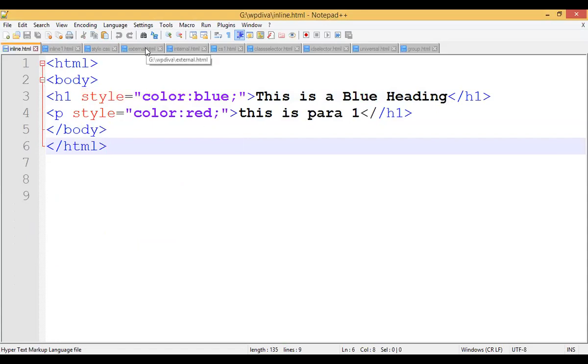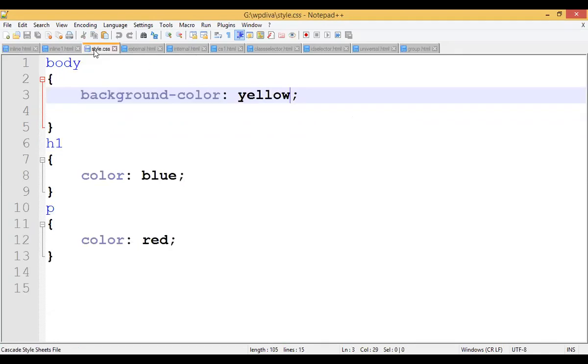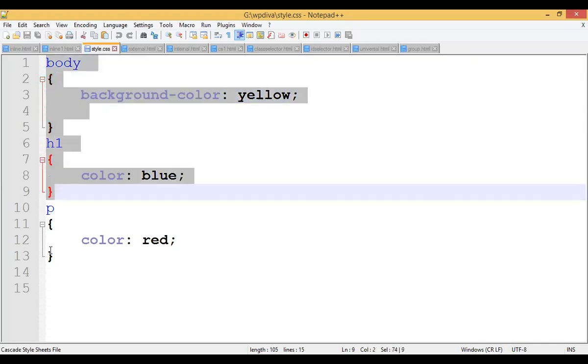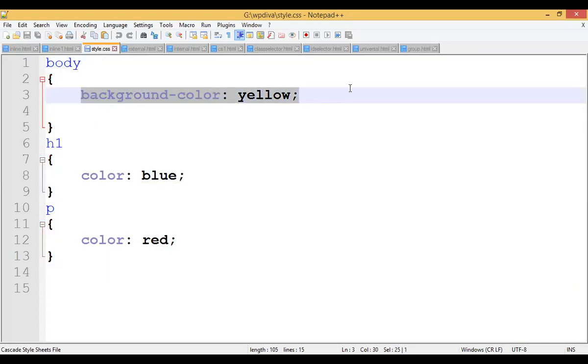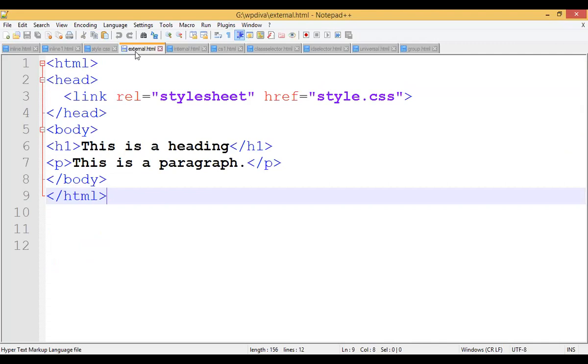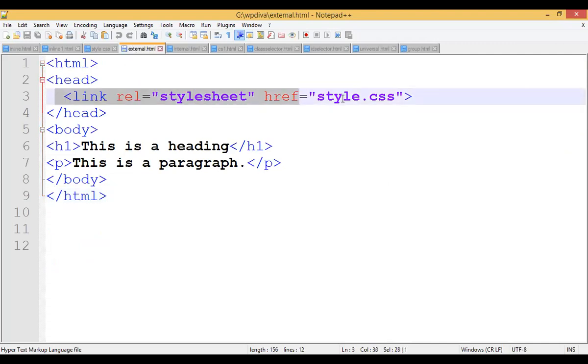Then we have seen the external type of CSS. In external CSS, we create one separate style sheet. In that style sheet, you have different tags and the properties you want to set for each tag. After writing style.css, we wrote external.html and then we imported that style sheet into external.html.